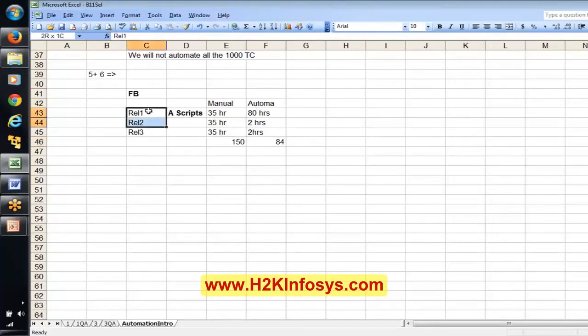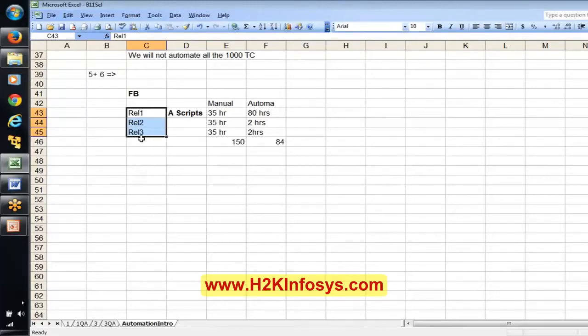So if you have few releases, even with these numbers we don't have much savings. We are taking a lot of risk, and after taking a lot of risk, we don't see much savings because we have few releases. In general, if you have few releases, it is not preferable to go for automation, because we cannot see the fruit, the advantage of automation.